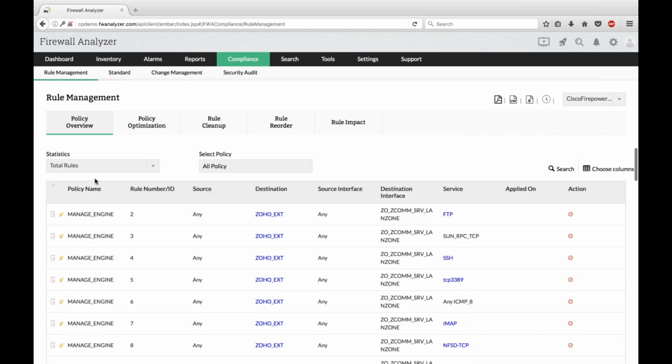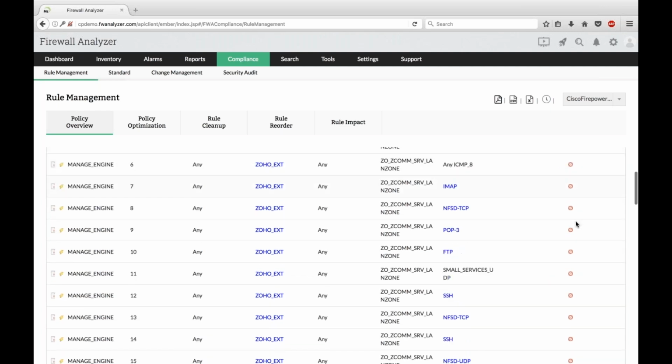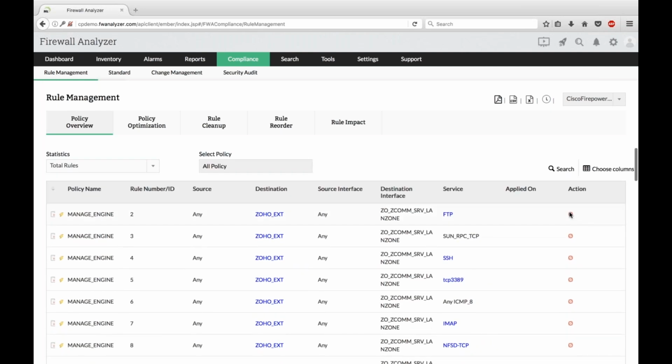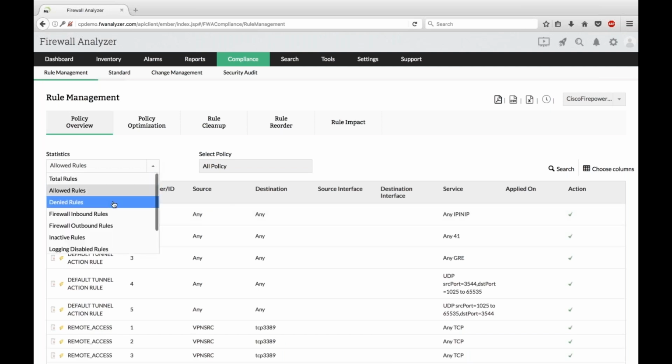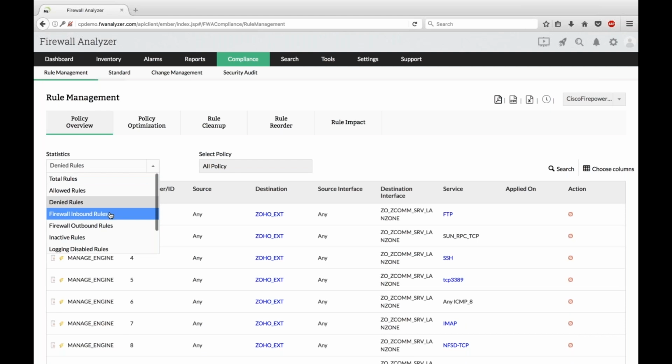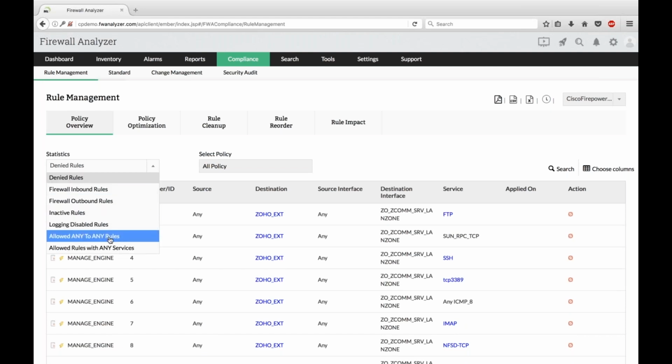Not only that, you also get all the details such as the name, the rule number, source, destination, source interface, destination interface, service applied on, and action, whether it's an allowed or a denied rule. So any allowed rule will be shown as a tick and denied rule will have this symbol. And as I mentioned before, you can also filter the rules according to allowed rules. So allowed rules have a tick, denied rules, inbound rules, outbound rules, inactive rules, logging disabled rules, and overly permissive